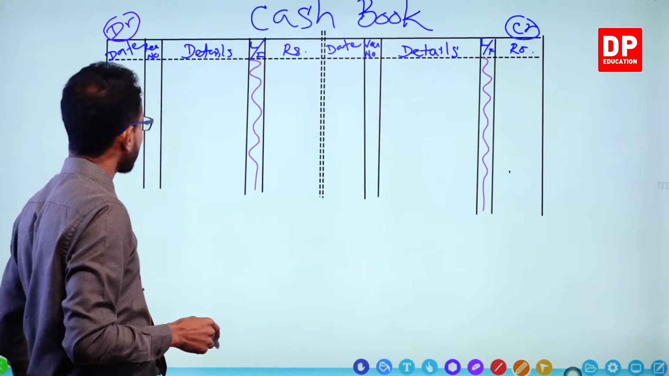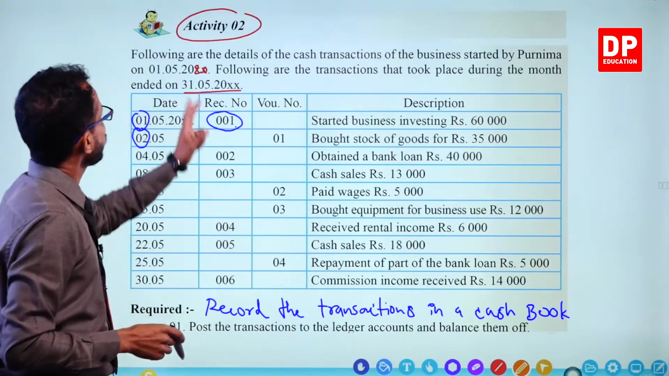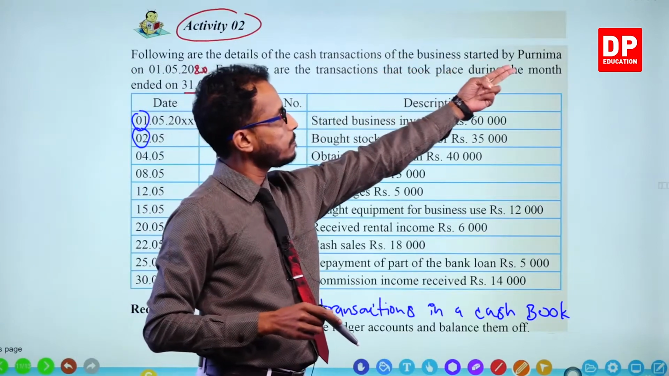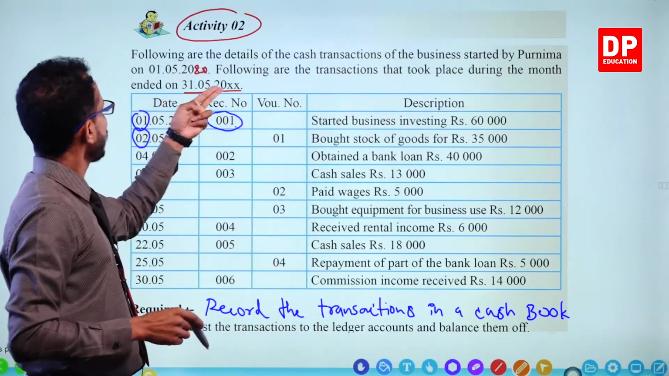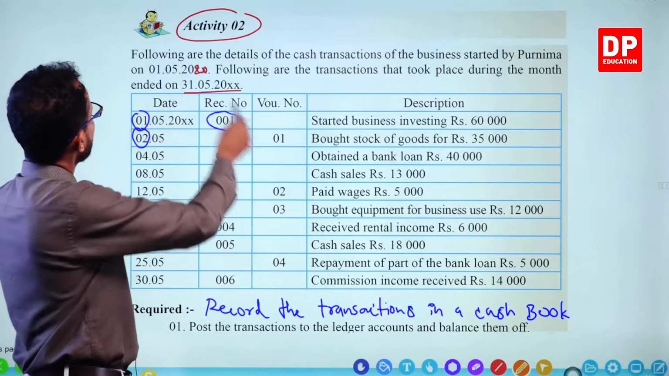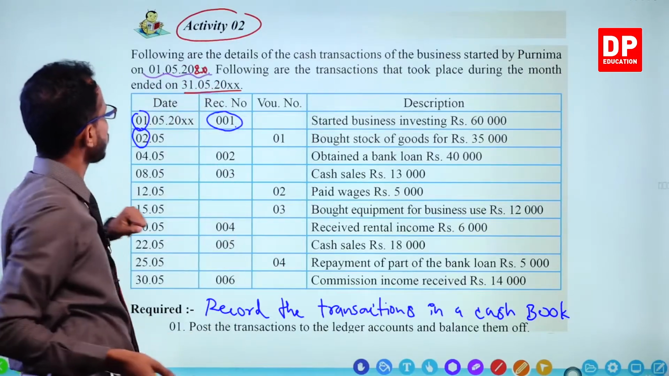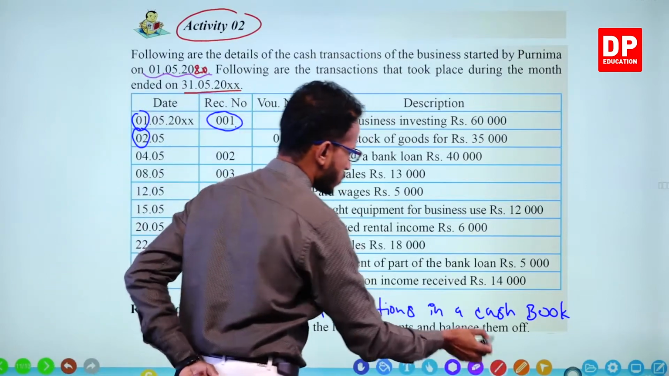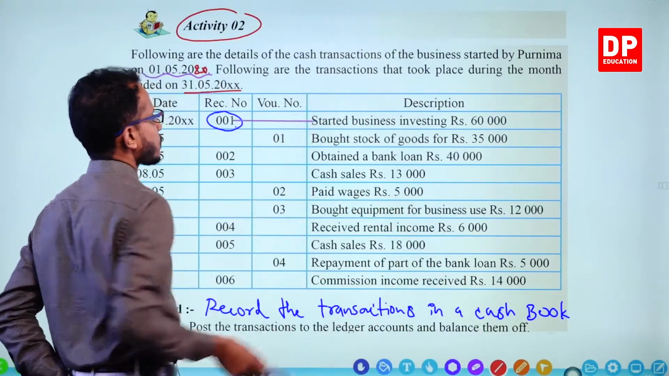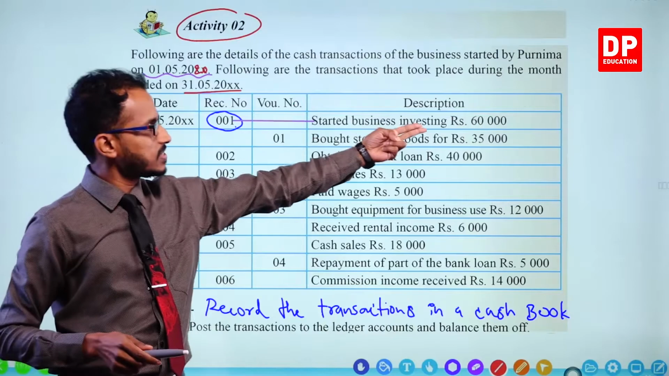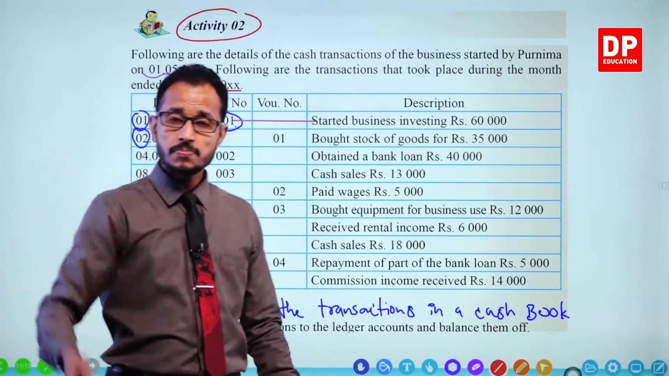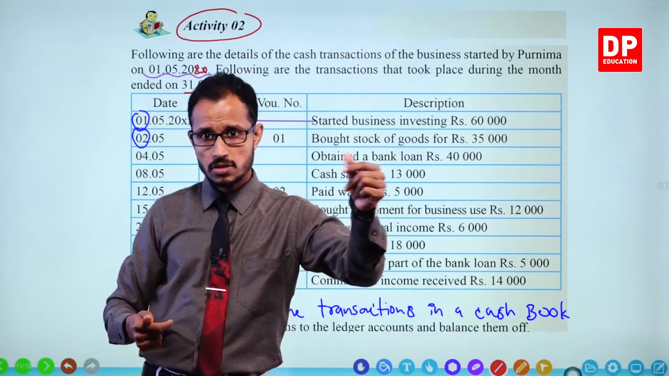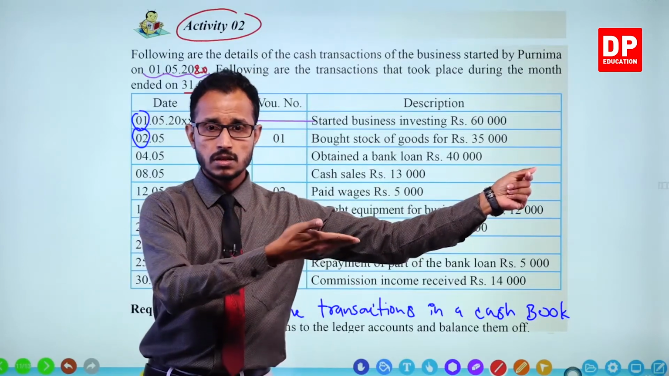Let's look at the first transaction. Following are the details of cash transactions of the business started by Purnima on 1st of May. So the first transaction is this. Started business investing 60,000. You tell me, started business. Cash coming in or cash going out? Coming in